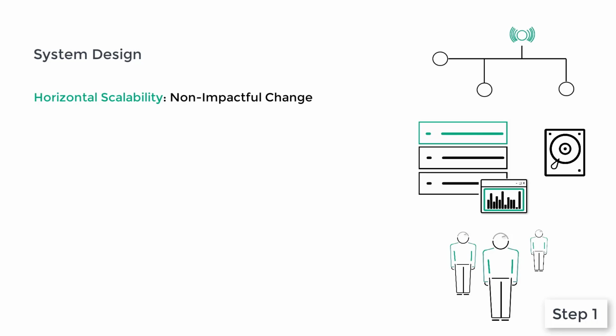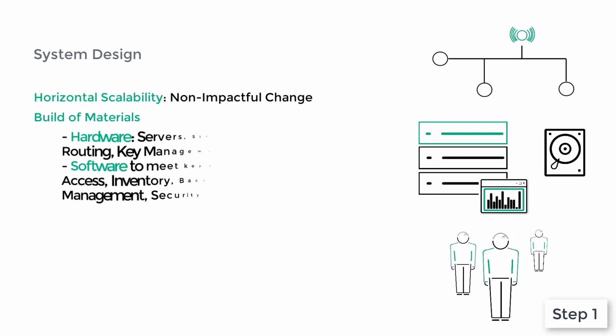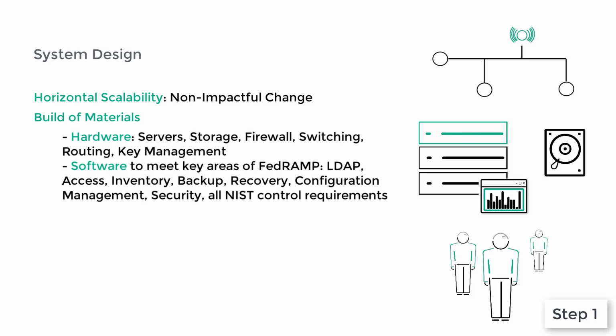So let's move on into what we call a bill of materials or a BOM. A bill of materials, when designing a secure and repeatable environment, a FedRAMP environment, has to include everything that will impact that environment, the hardware and the software. So all of the hardware, your servers, your storage, your key management servers, your firewalls, IDS, IPS, all of the hardware has to be included inside of your bill of materials.